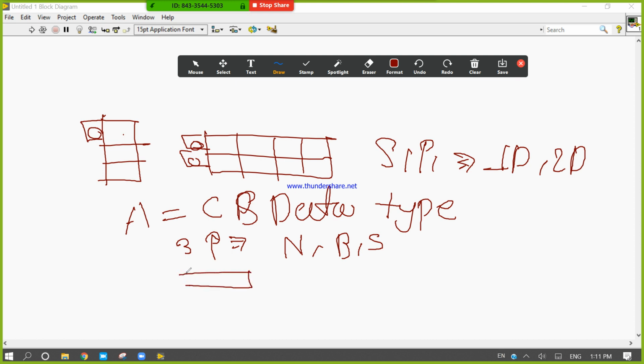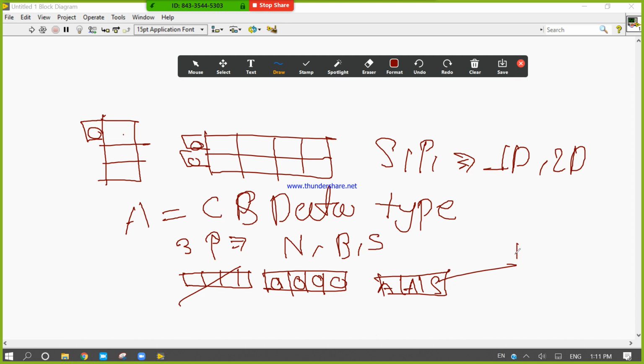You can design array by using numeric, by using boolean, or by using string. So array is a secondary data type, it is called derived data type.